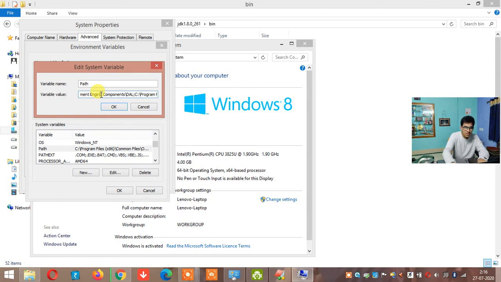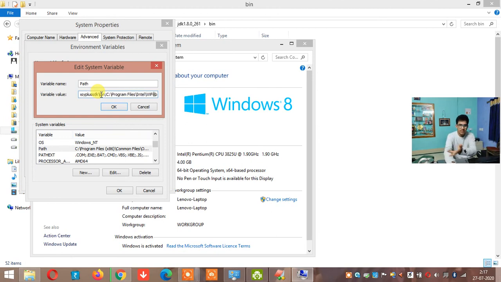If I show you from here, from one path file to another path file, semicolon is the separator. So there is a semicolon here. And if I look here, C program files Intel and so on, like this, till here is one path of one program, maybe a Facebook app program, something like that. And I have JDK. So how do I tell JDK? You have to go at the end here.